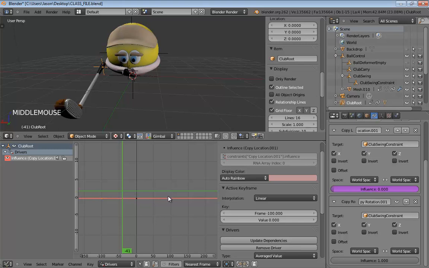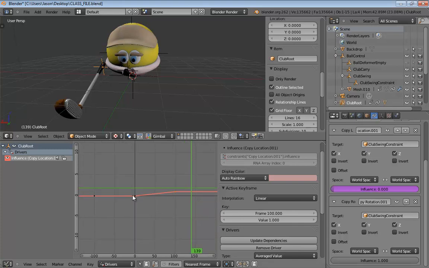Okay, next we need another key over here on the opposite side. So I'm just going to hit Control-V because I've already copied it once before. And we're going to change our frame to 100. And our value just simply needs to be 1. Now, this does make our little central keyframe a little problematic at this point. So you could, obviously, can anybody just want to tell me real quick what we could set the value of it to? We can also delete it, I know that. But what could we set the value to? Anybody?